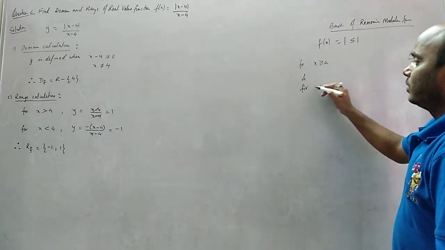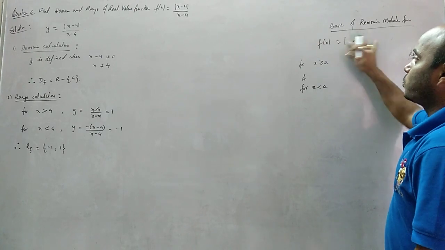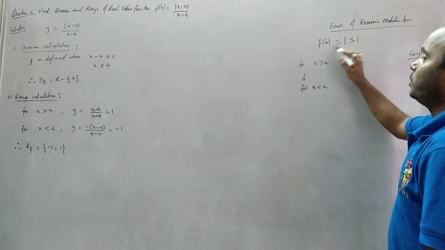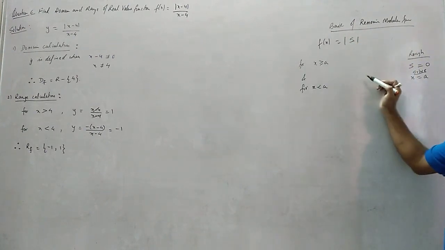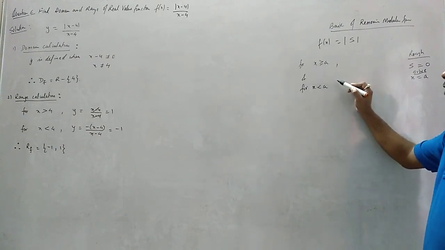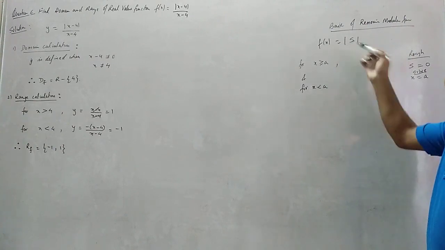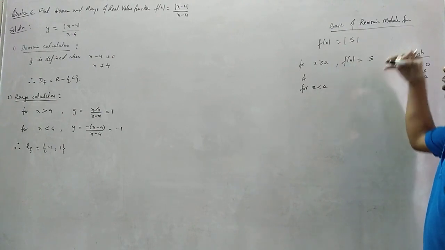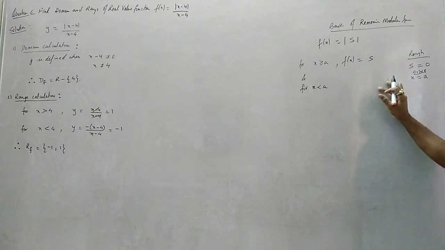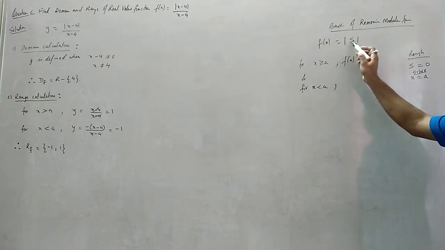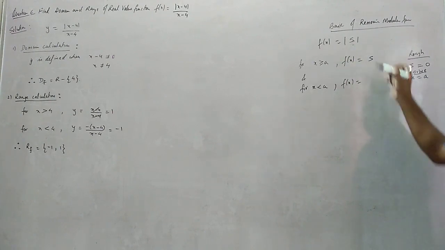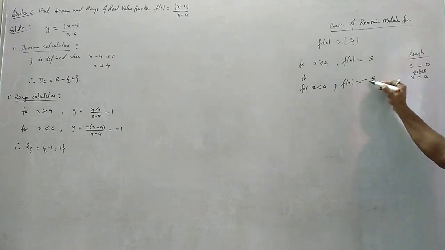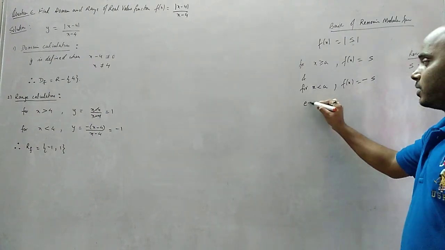Now you need to understand what this modulus means. This modulus means the final answer should be positive. That is the meaning of modulus. Whatever you substitute here, the final answer should be positive. Now see, for x greater than or equal to a, whatever you substitute will automatically be positive. That means in these cases the mod is automatically removed. But for less than a, if you substitute any value less than a, this term will come out negative. But I want my answer to be positive. So since this term will come out negative, I will write one more negative here. So negative becomes positive.